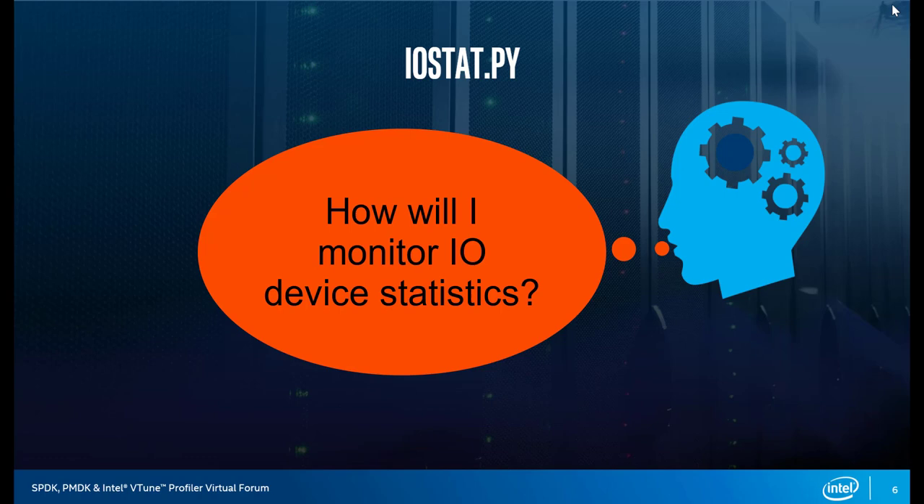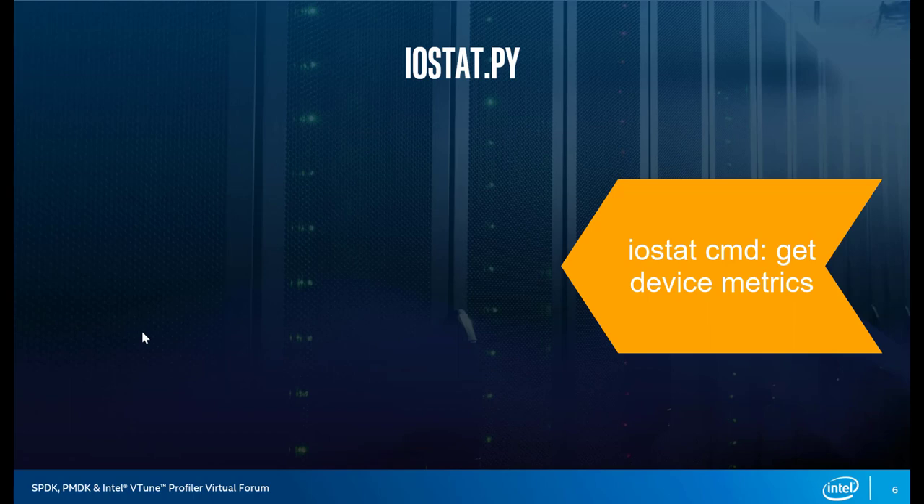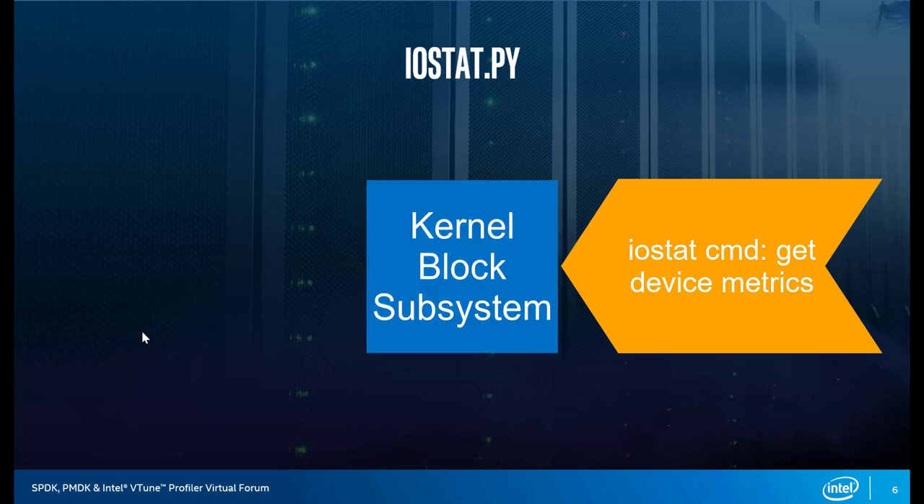So let's talk about why the iostat command doesn't show the IO statistics for SPDK block devices. When you run the iostat command, the command queries the kernel block layer for the IO device metrics for the devices that are available on that system. And then the command formats those metrics and displays them in a format that's easy for you to read and